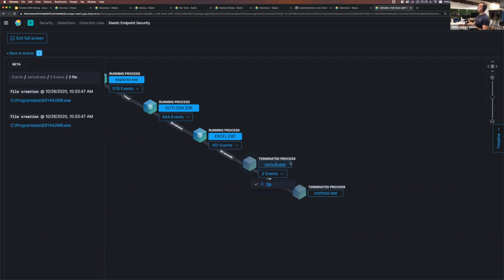But certutil seems to have been spawned from Excel, which was spawned from Outlook. So if you start putting this flow together as an analyst, how does this typically come? Excel from Outlook, phishing, macros, malware. That's where my head is going to right now. And in fact, I can actually show you because I detonated this on a machine I have here.